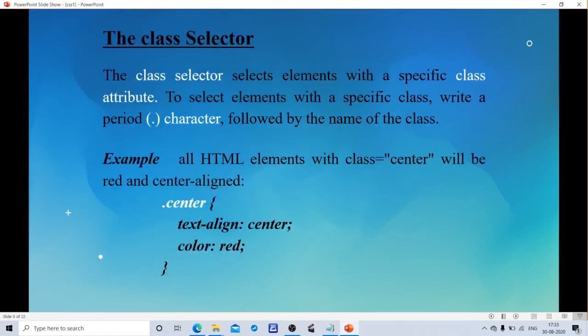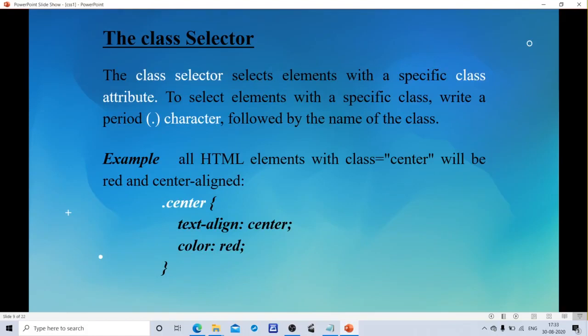The next type of selector is the class selector. The class selector selects elements with a specific class attribute. Here I have taken a class attribute as center. How do we identify this class selector? With a period character, dot, followed by the name of the class. Here the name of the class is center.